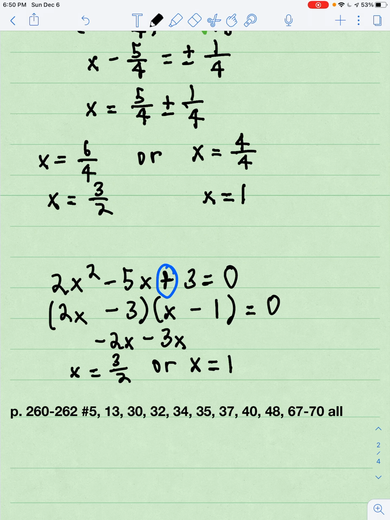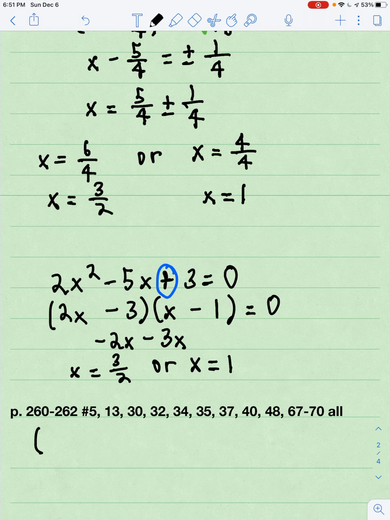The problems listed there, 5, 13, I think they're both word problems, then 30, 32, 34, 35, 37, 40, 48, and then 67 to 70 all are some review problems. We will go over this when we return on block day. I will actually post the answers to Friday's assignment as well as this assignment because we want to use